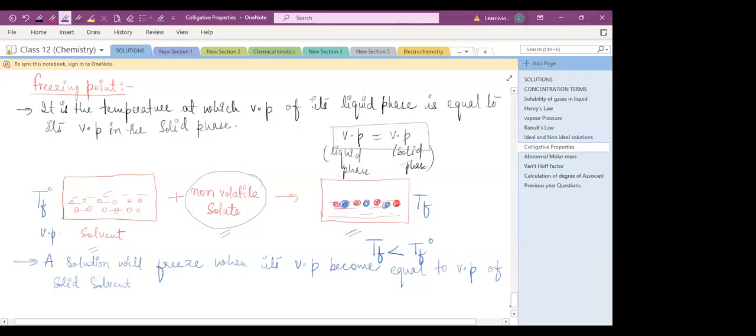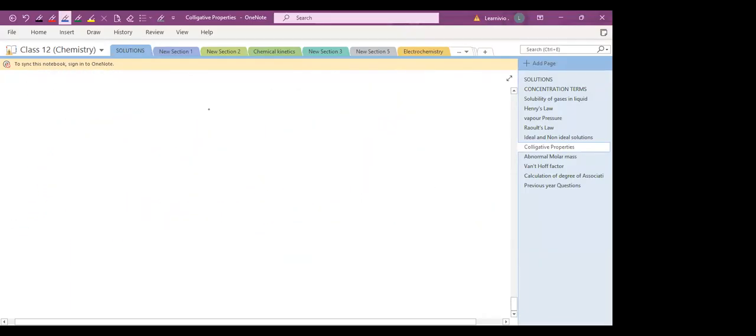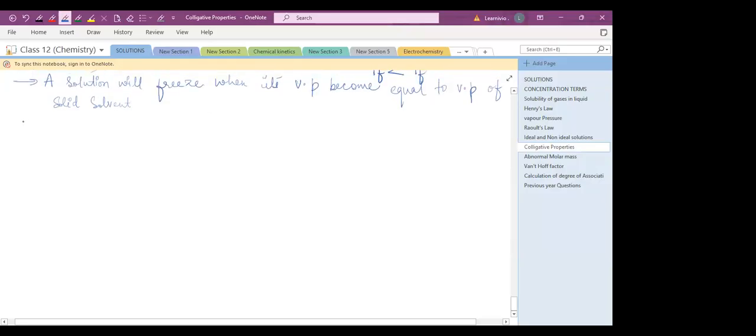Okay, and according to Raoult's law, when a non-volatile solute is added to the solvent,